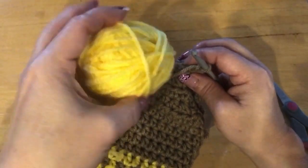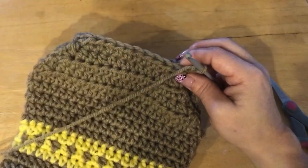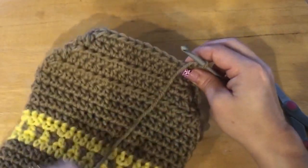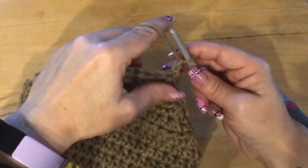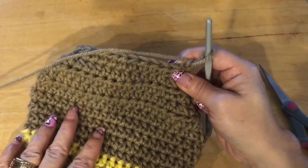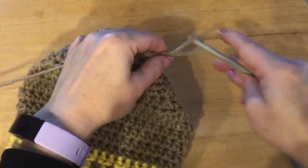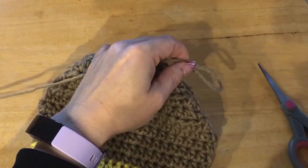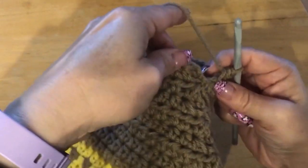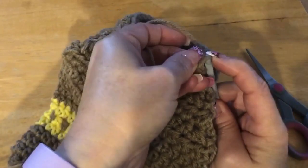So I'm going to come back and show you how I change color, but if you're confident with changing color, just do that and then meet me back and we'll do the trim. So I'll come back to do the color change, and then after that we'll do the finishing touches. So yeah, meet me back. Okay, I've done my 30 stitches, so now I'm going to do my slip stitch around